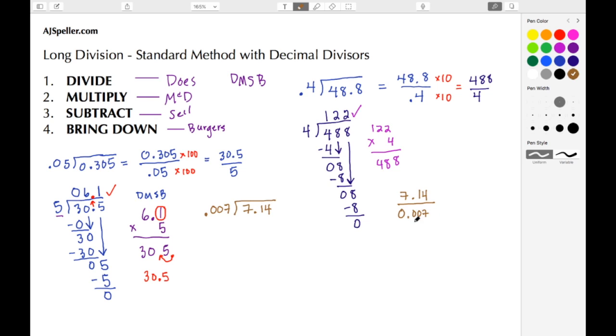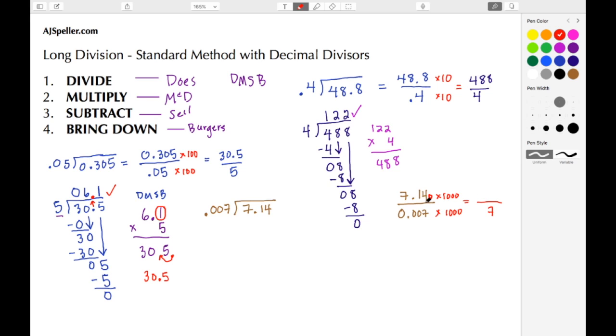This decimal point has to move 3 places, so that means I need to multiply the top and bottom by 1,000. These 3 zeros force it to move to the right 3 places. So my numerator also times 1,000 is going to move this decimal point 3 places. So in moving this 3 places, 1, 2, 3, this here becomes a whole number 7. And in moving this decimal point here 3 places, 1, 2, I'm going to have to place a 0 here for it to be the third place.